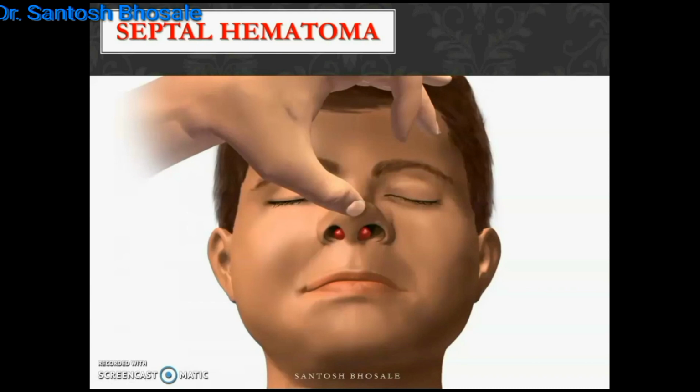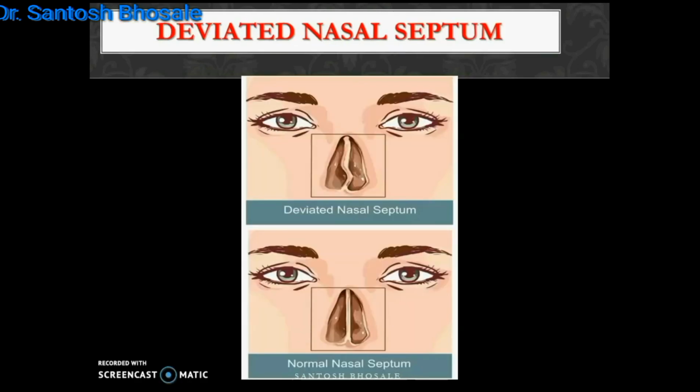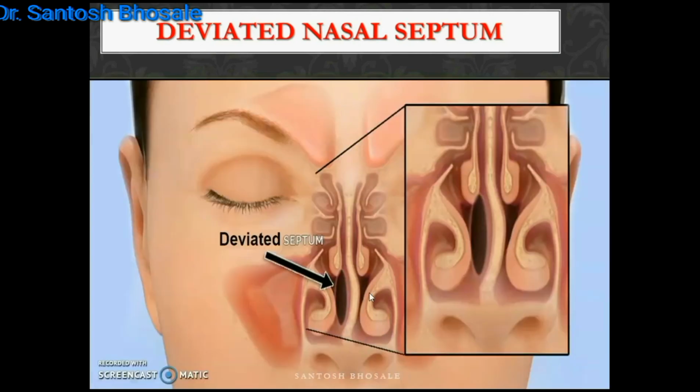Coming to the applied aspects, the septum can be injured in case of accidents or wounds leading to septal hematoma, and Kiesselbach's plexus in the nasal septum may lead to anterior epistaxis, and sometimes the cartilage is deformed leading to a deviated nasal septum, where the septum is bulged or deviated to one side. You can see there, causing nasal obstruction and sinus related problems.